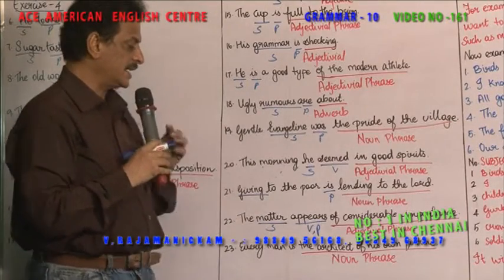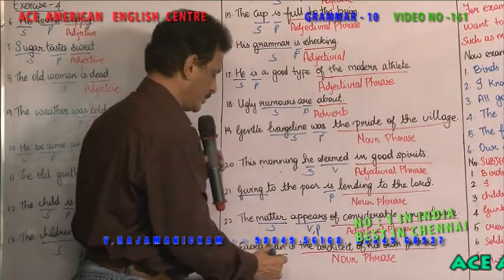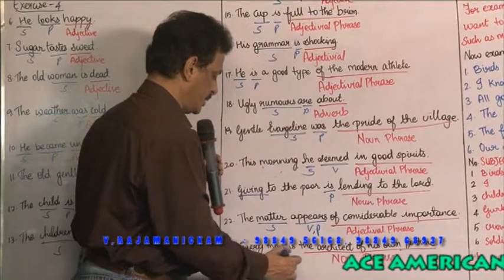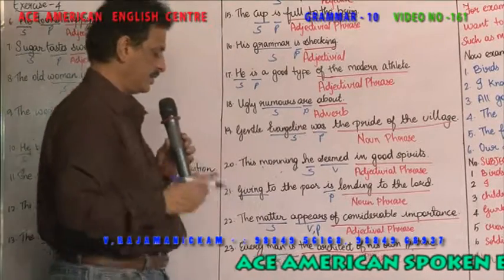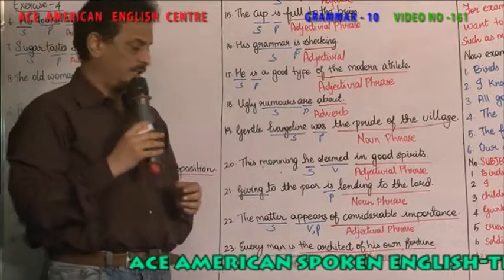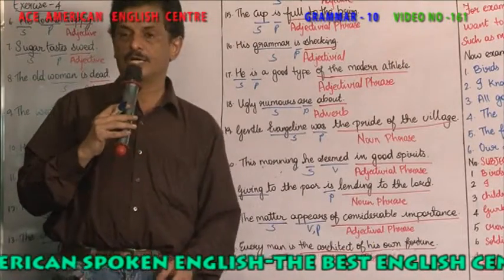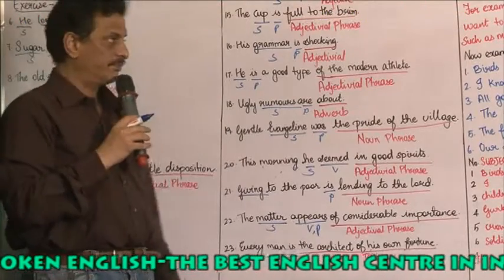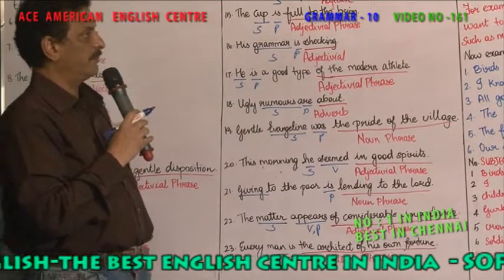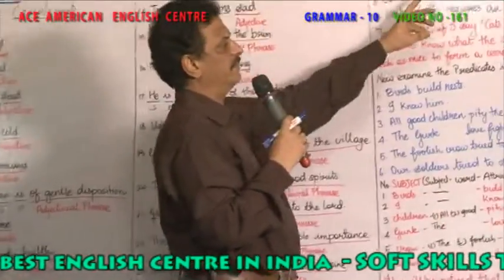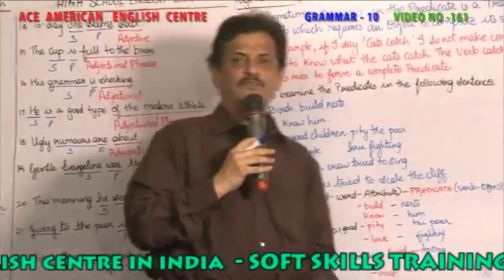Every man is the architect of his own fortune. Man is the subject word. Is is the predicative word or the verb. It doesn't take an object, so it's the complement. The architect of his own fortune becomes a noun phrase predicative complement. Sometimes the verb in the predicate is a transitive verb.